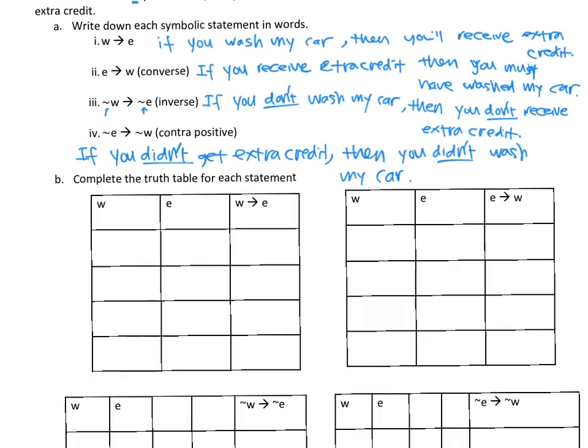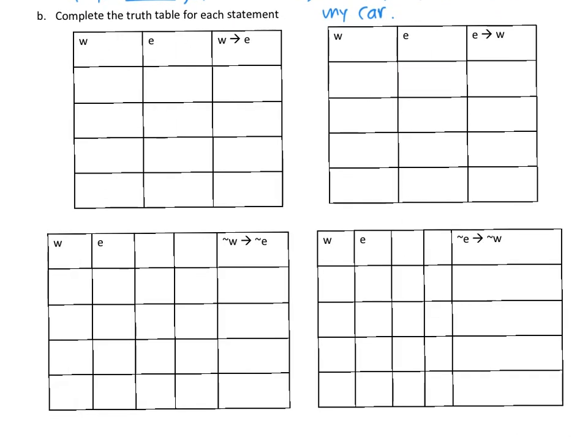All right, now I'm going to have you work on these 4 truth tables, one for each type of conditional statement. So there's the original statement, the converse, the inverse, and the contrapositive. I'm going to have you finish all 4. If you look at the answer column, you'll notice that 2 pairs will match up. So 2 of them will have the exact same answer column, and the other 2 will have the exact same answer column. I want you to identify those 2 pairs. And I think that's it for this worksheet.